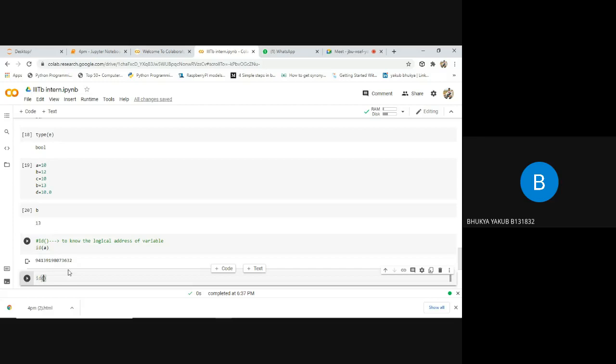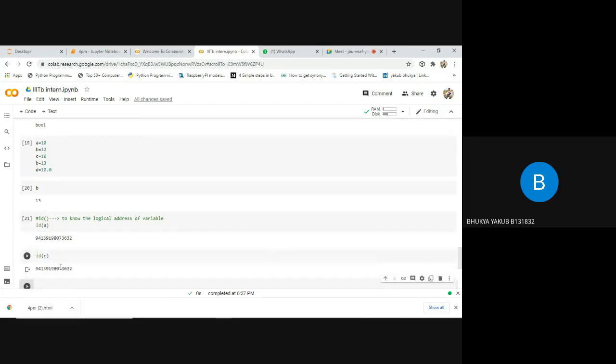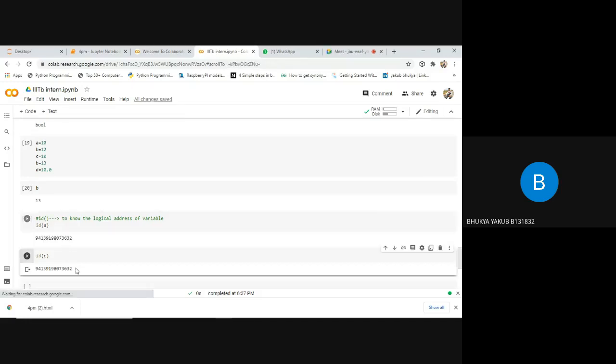Similarly, if you observe the logical address of C, the variable A as well as variable C will be having the same value, that is 10 and 10. So for that we'll follow memory pooling. Here it is hence proved. If you observe this value and this value, both are the same. It means for both the variables we are assigning the same memory. It is said as memory pooling.